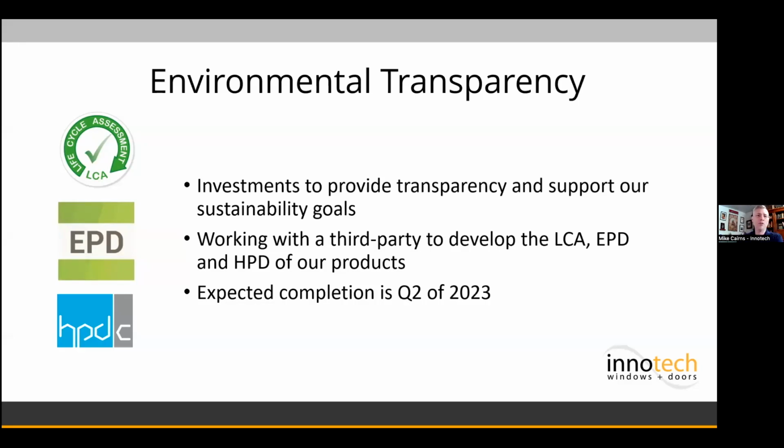Last year, City of Vancouver voted in favor of adopting changes to the VBBL that will require all new buildings to report and limit their embodied carbon starting this year. COV is recognized throughout Canada and the US as a leader in establishing aggressive building code requirements to significantly decrease greenhouse gas emissions. We anticipate that many more building codes will adopt similar restrictions and reporting of both operational and embodied carbon in buildings. So, Innotech is in the process of developing our life cycle assessments, environmental product declarations, and